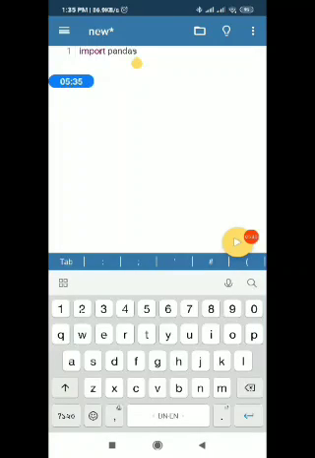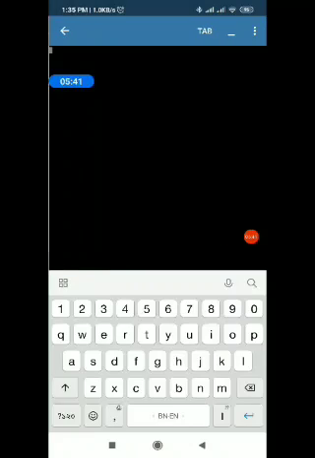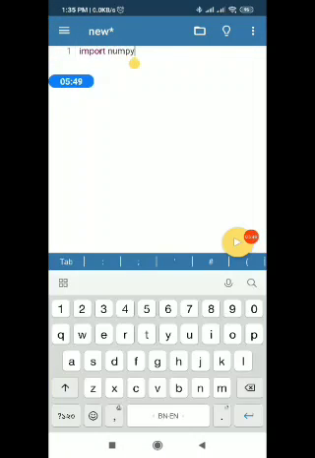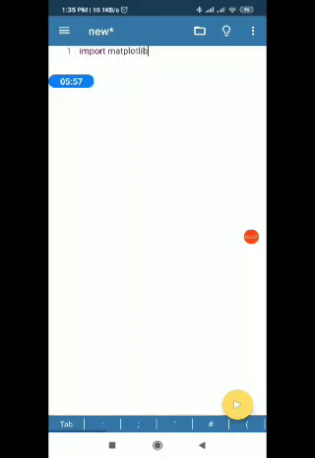Now see, pandas is there. Let me check for numpy. Yes, numpy is also in our phone, in my Pydroid editor. Let me check for matplotlib. In this way you may check whether a particular package is installed or not.